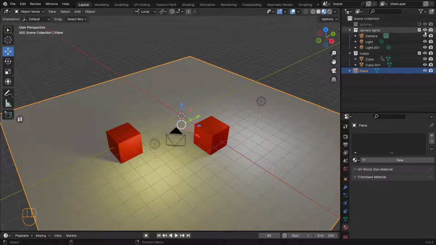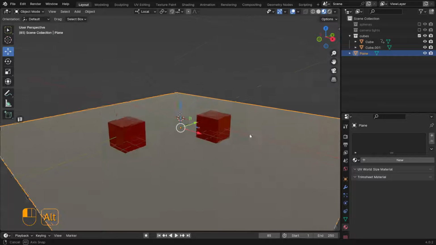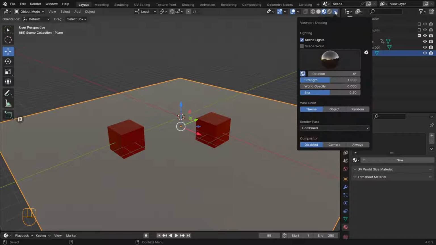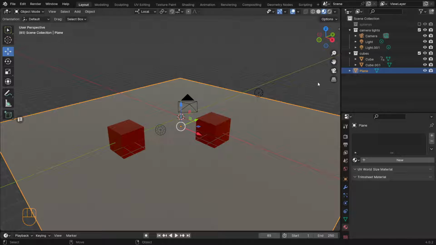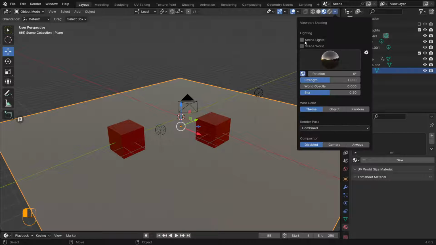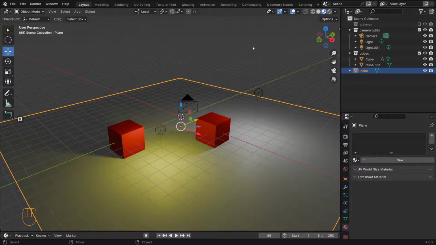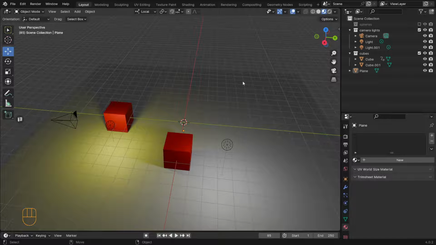I can turn off the camera and lights, which isn't super useful because I'm trying to render with cameras and lights. But you can do that if you need to, because sometimes this stuff can cause your machine, depending on how powerful it is, to bog down a little bit. So just be aware. So with all of that,